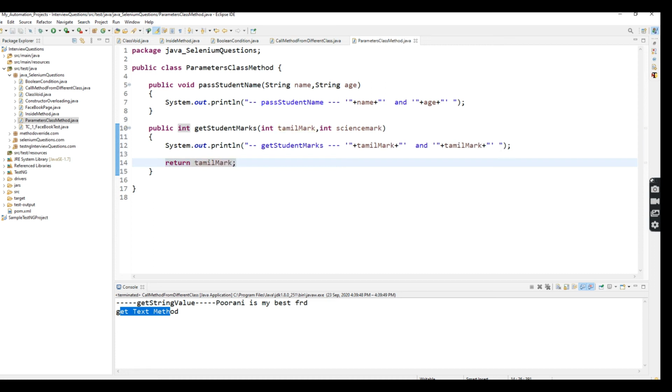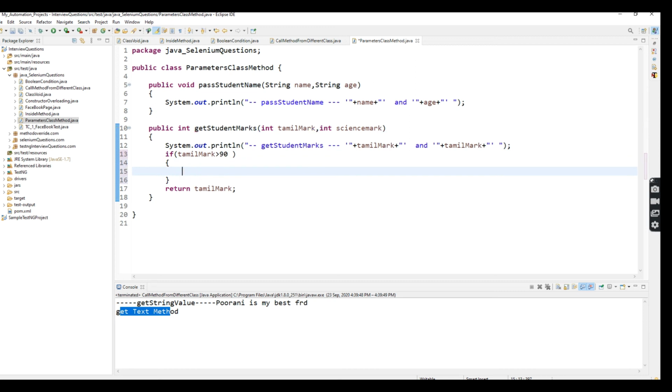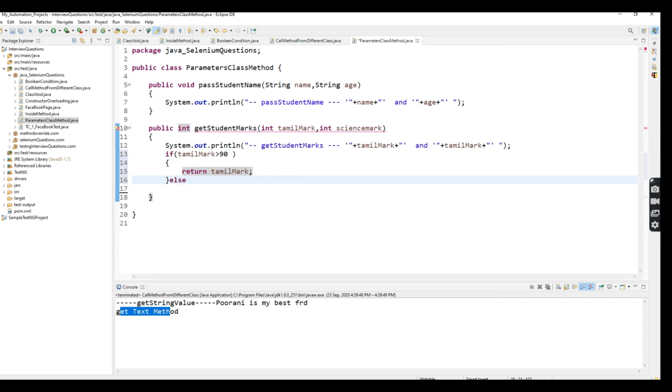Okay, so here I'm going to put one condition, which is if Tamil mark is below, okay, sorry, above 90, I'm going to put the condition as return Tamil mark. So else, if I'm going to use science mark, put the condition above 90.